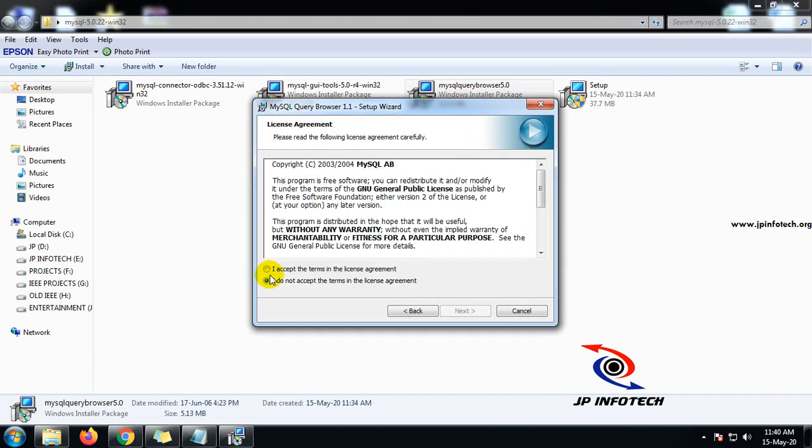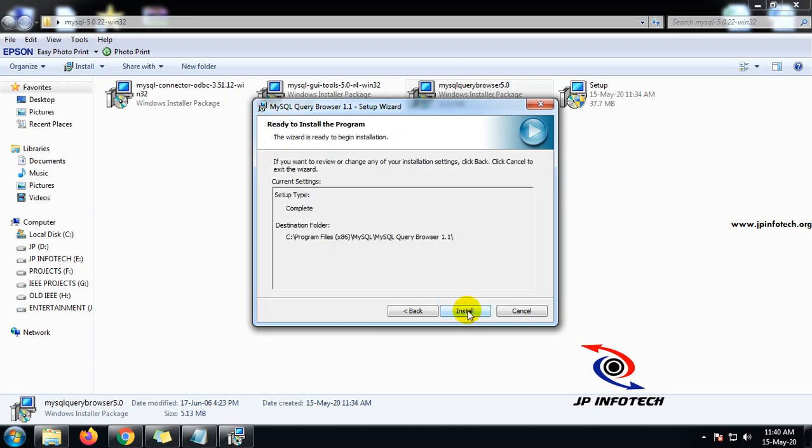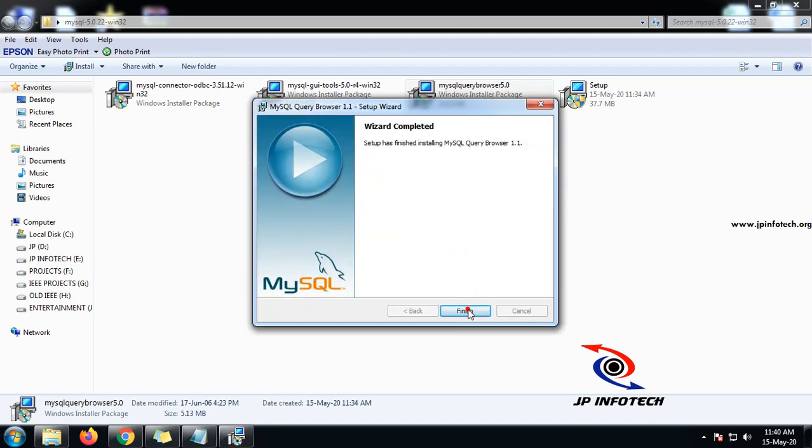Click next. Here also select the license, I accept the terms in the license agreement, and then click next. Click next. Here also the complete option, click next, install, and finish.